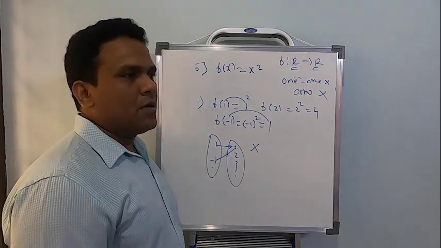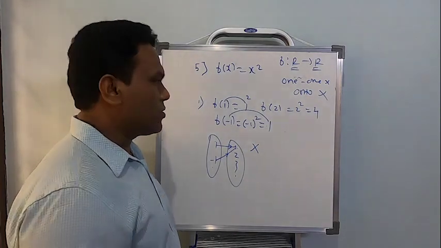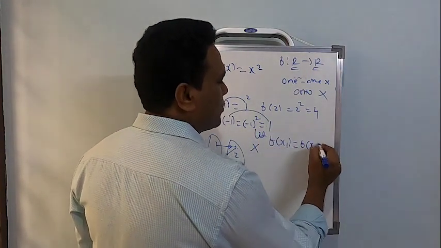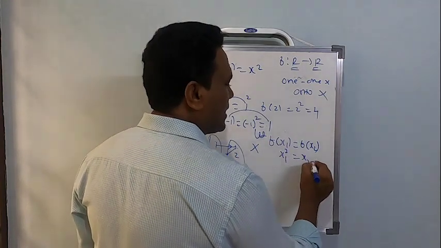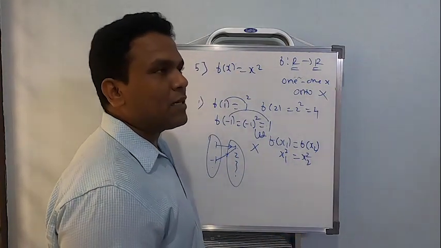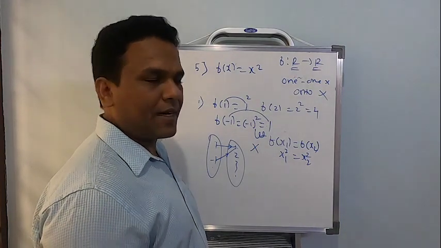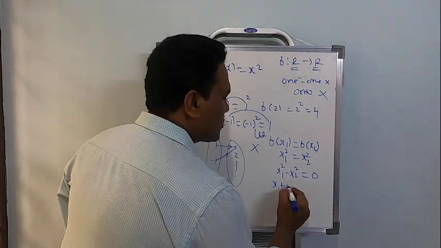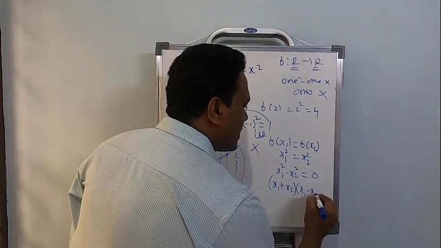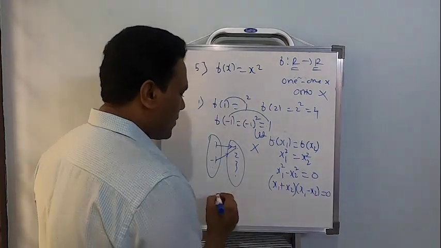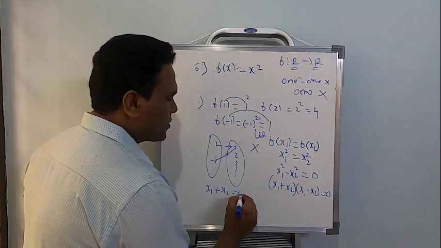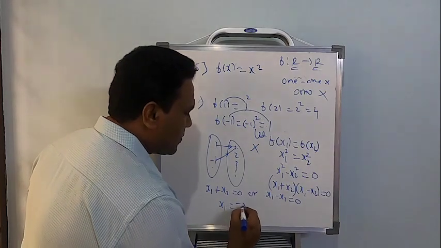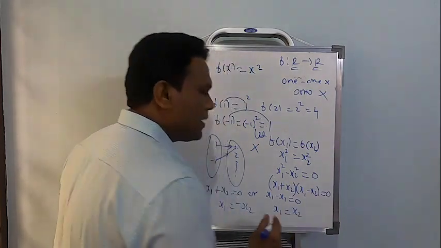That's one method. Okay, sir, no sir, let me practice the general procedure also. No problem at all, so let's start. f of x1 equal to f of x2. That means x1 square equal to x2 square. When squares of two numbers are equal, you cannot say the two numbers are equal. Correct, right? This can be written as x1 square minus x2 square equal to 0. This is x1 plus x2 multiplied by x1 minus x2 equal to 0. So from this I am going to get x1 plus x2 equal to 0, or x1 minus x2 equal to 0. So from this x1 equal to minus x2, or from this x1 equal to x2.